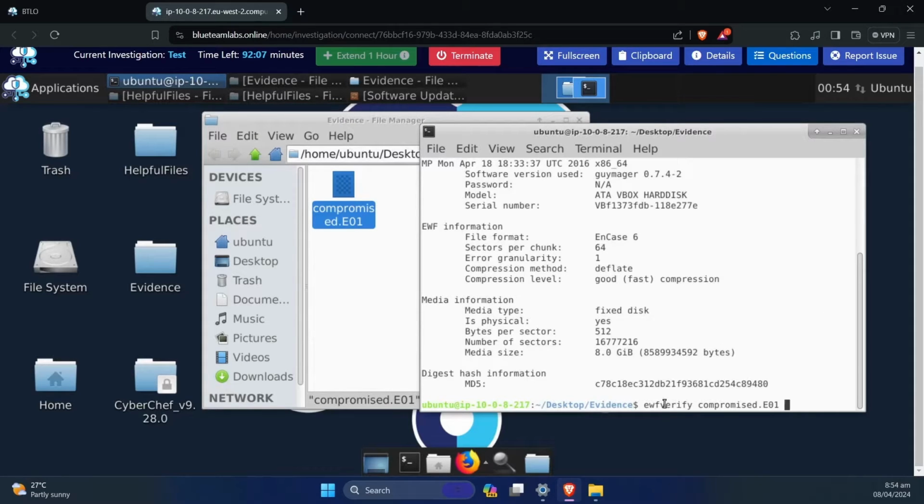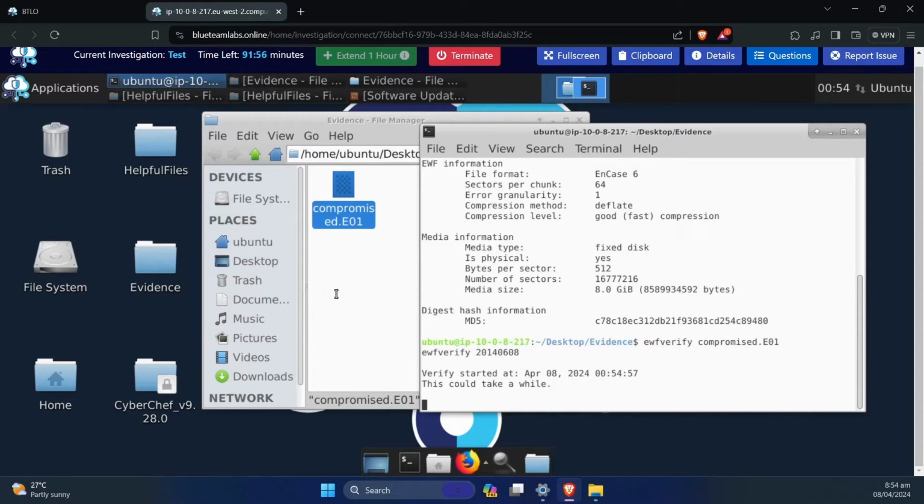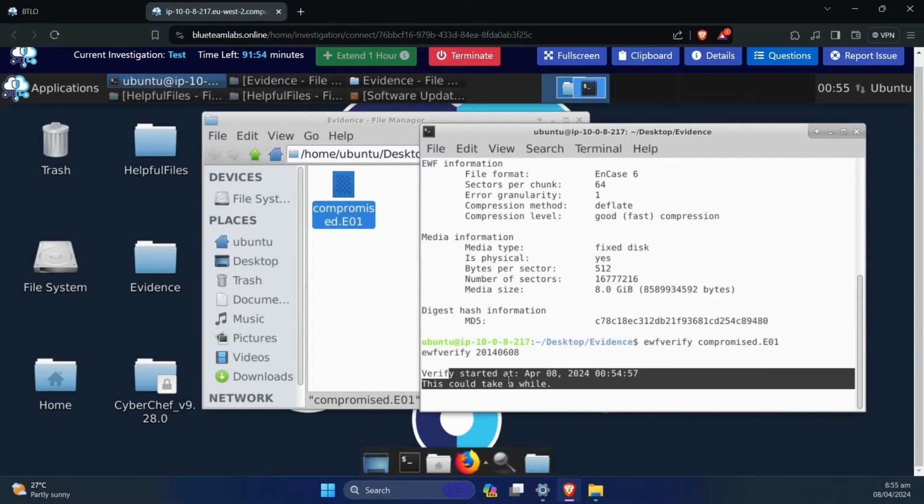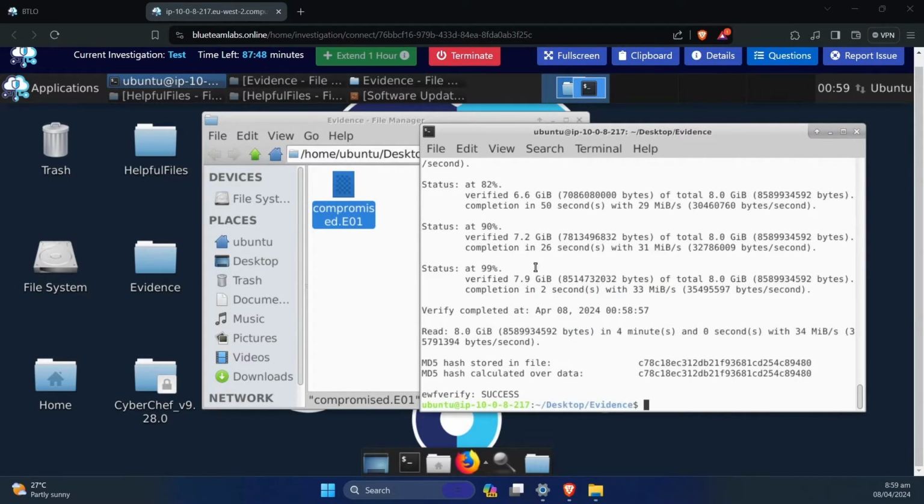We can do that with a tool that is part of it, ewfverify, pointing it to the .e01. This might take a while. So we have finished verifying our evidence file. For this lab, it might take minutes of your lab time, but